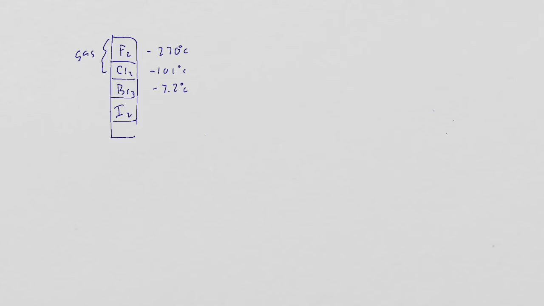So by the time it gets to our room temperature, which is like 25 degrees Celsius, it is a liquid. It boils at about 58 degrees. So if you get up to 58 Celsius, then the bromine will actually turn to a gas. And iodine melts at 114 degrees Celsius. Now you're seeing a general pattern. As you go down the column, the melting points turn into larger and larger values, and so do the boiling points, because as you go down the column, the strength of this particular IMF